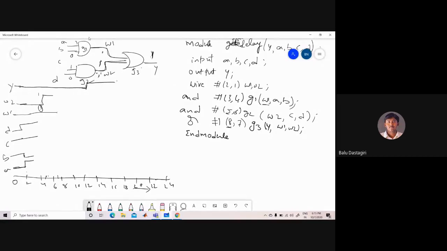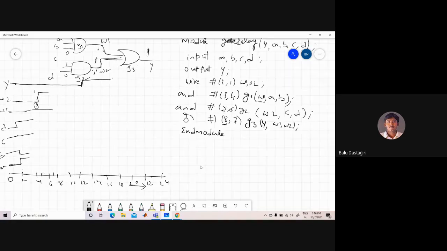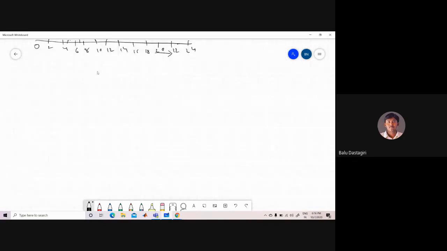Like this, you can determine the combination of net delays and gate delays. Directly you cannot take the output at an instant of time when you have the gate. First we have to take care of the wire delays, and after that calculate the gate delays after wire delays, and again the gate delay. Like this you should do the delay calculation when you are writing a program using the AND gates and net delays.